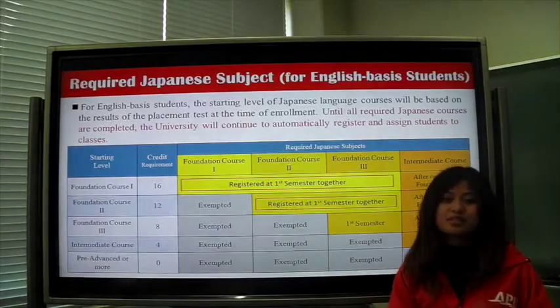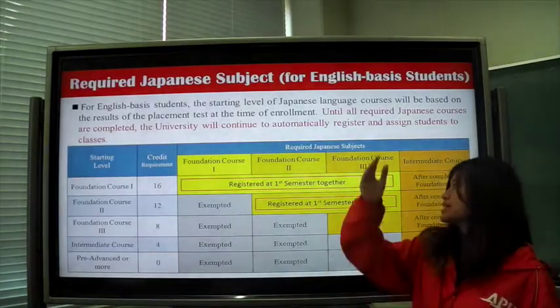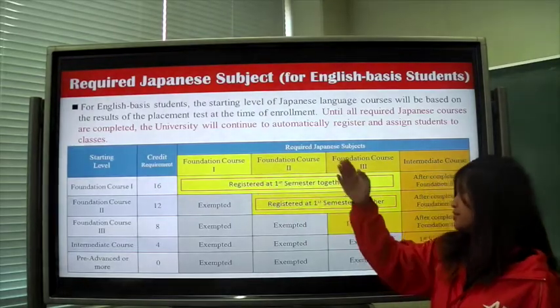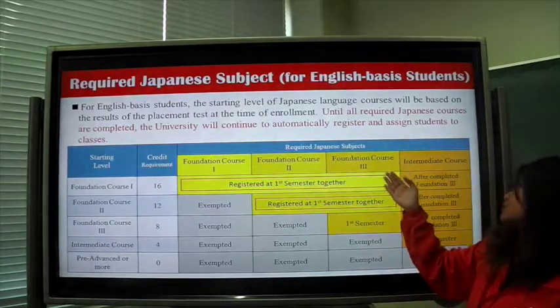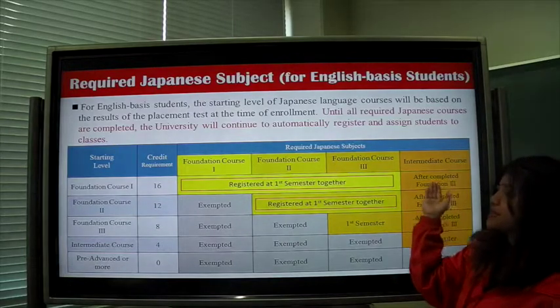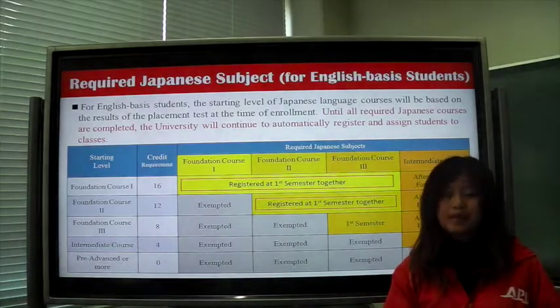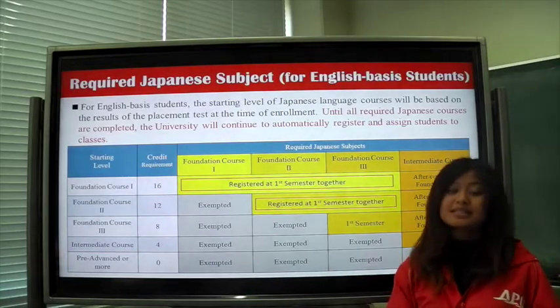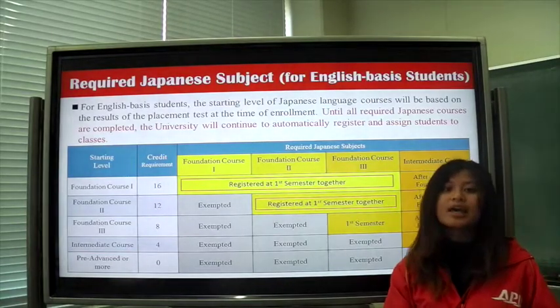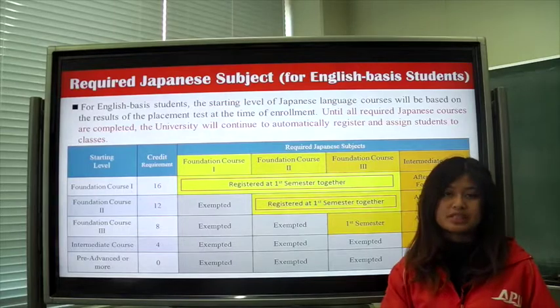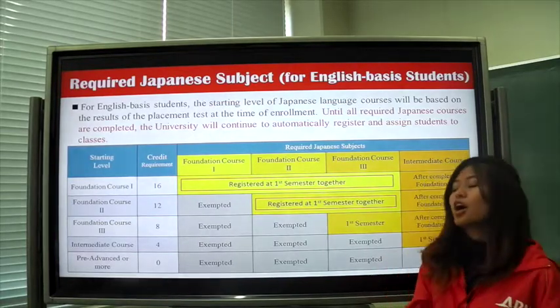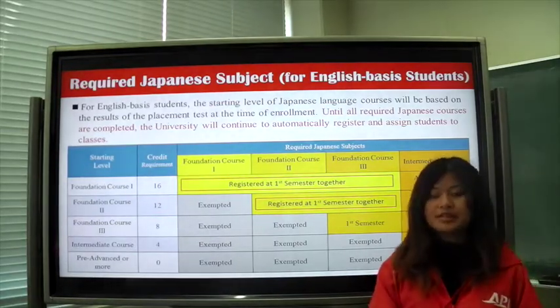The Japanese courses consist of Japanese Foundation Course 1, Foundation Course 2, Foundation Course 3, and Intermediate Course. Your starting level of your Japanese course will be based on the Japanese placement test that you took, and the result will be released on April 5th. On an important note,